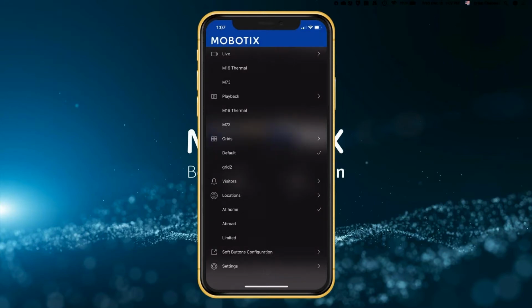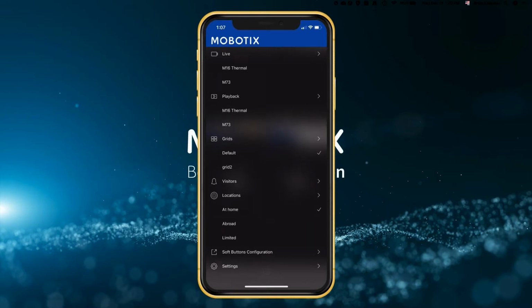I have 2 cameras in there, my M16 thermal and my M73 IoT device. I could go into the playback setting just by tapping one of those, either the M16 or the M73. As we roll on down, you see I've got 2 grids set up under the grid section. One of them is default, the other one is grid number 2.